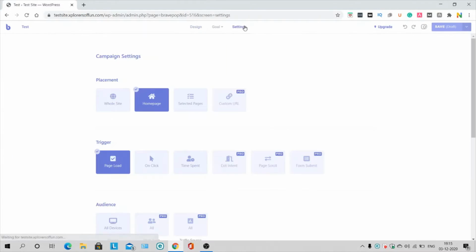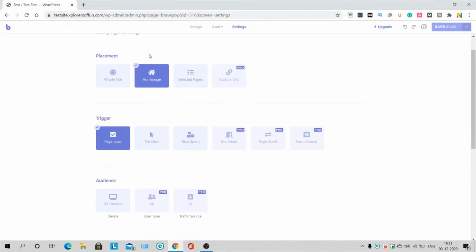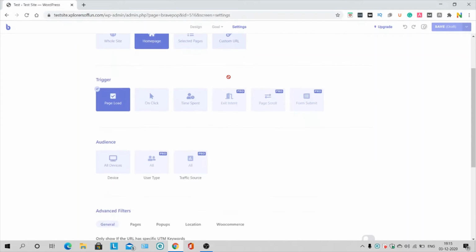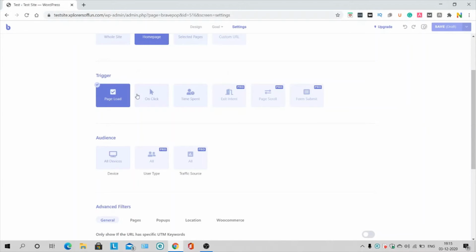So we'll just head over to its settings, and the placement settings are for selected pages, home pages and whole site, although the custom URL is in Pro. Triggers are page load, on click, time spent, exit intent, page scroll, etc. So exit intent is paid with this pop-up, which was not the case with Hustle.